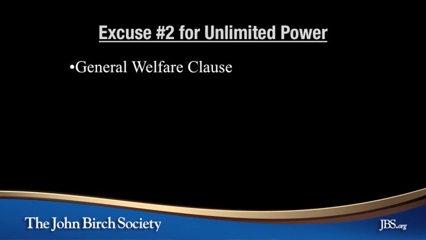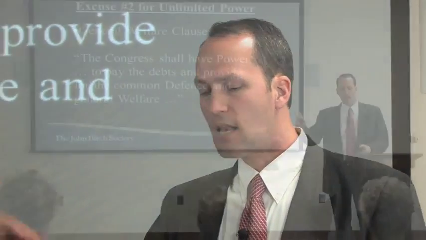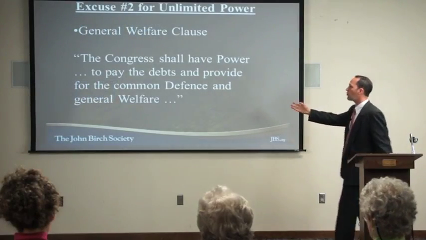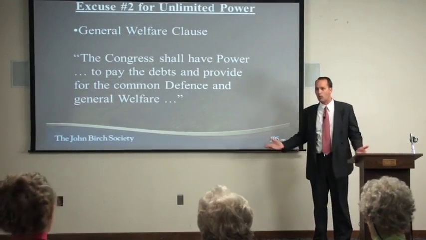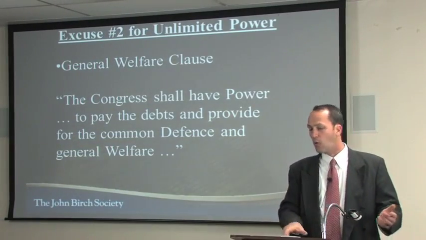Here's what it does say. Congress shall have power, and then the ... is various ways of raising money. So Congress shall have power to raise money to pay the debts and provide for the common defense and general welfare. That's the only 3 things Congress can spend money on: pay debts, provide for the common defense, and general welfare. Now that has been taken to mean, especially the general welfare, that Congress can do anything it wants to as long as it's for the general good. Not at all what was originally intended.